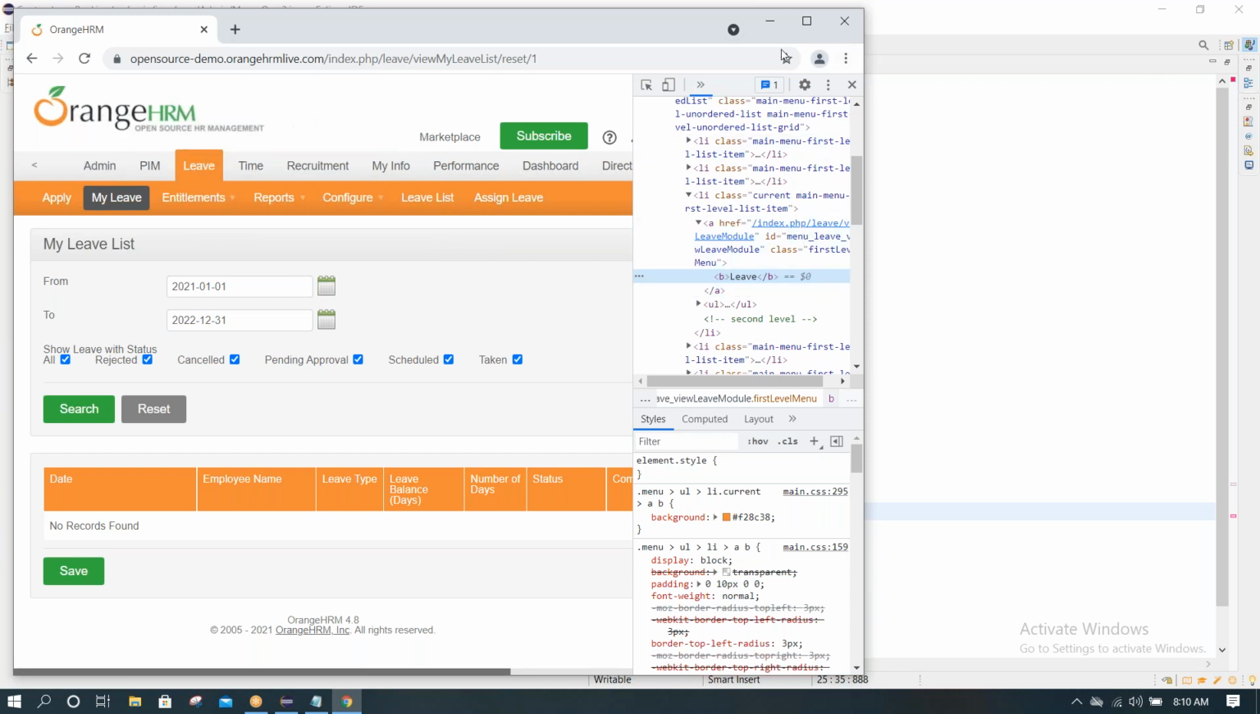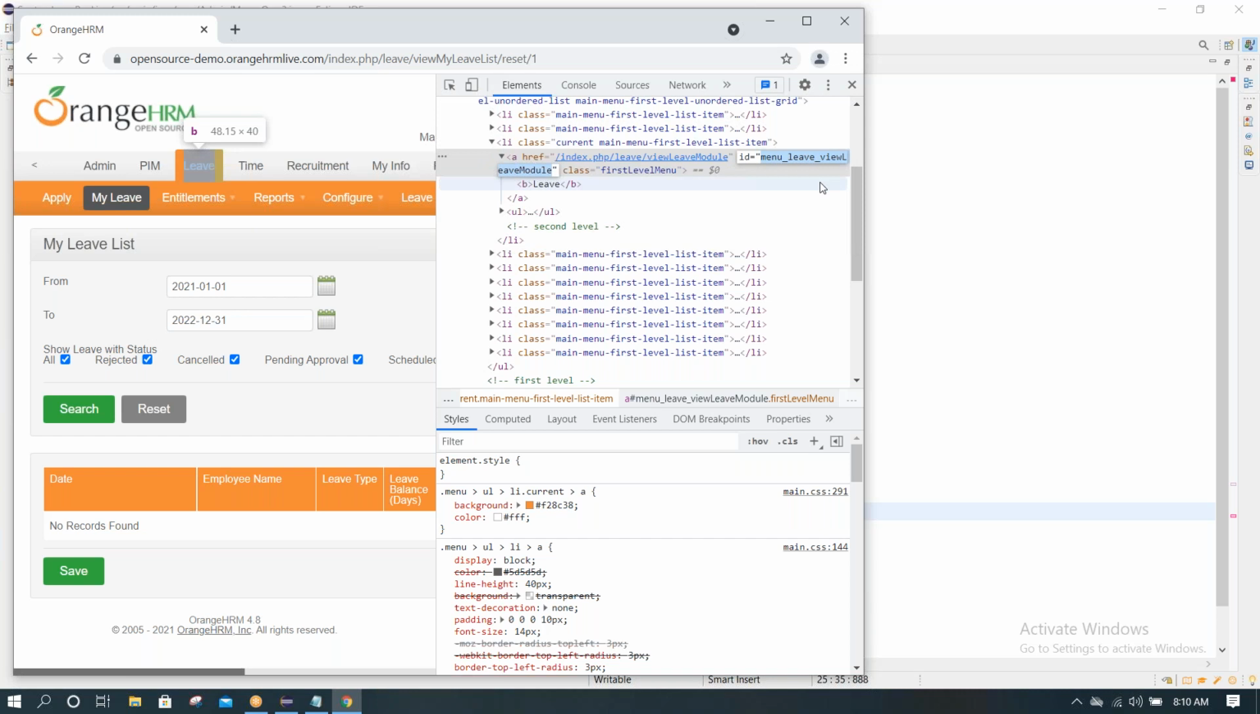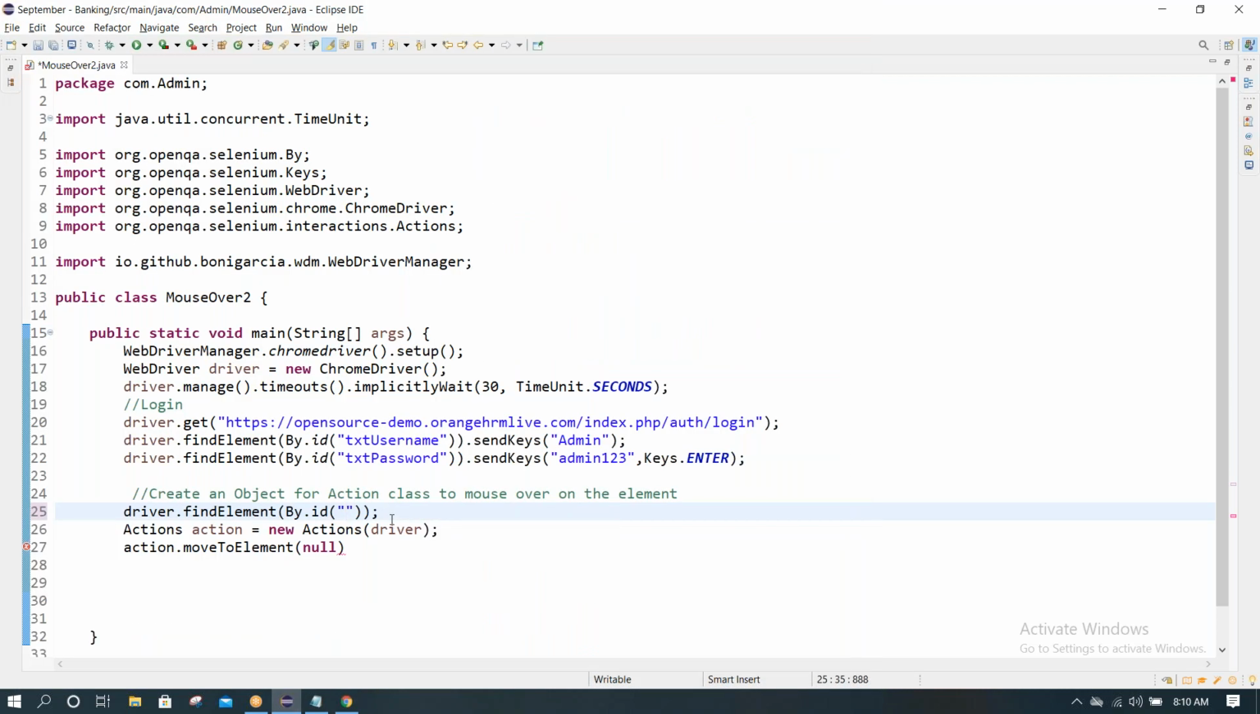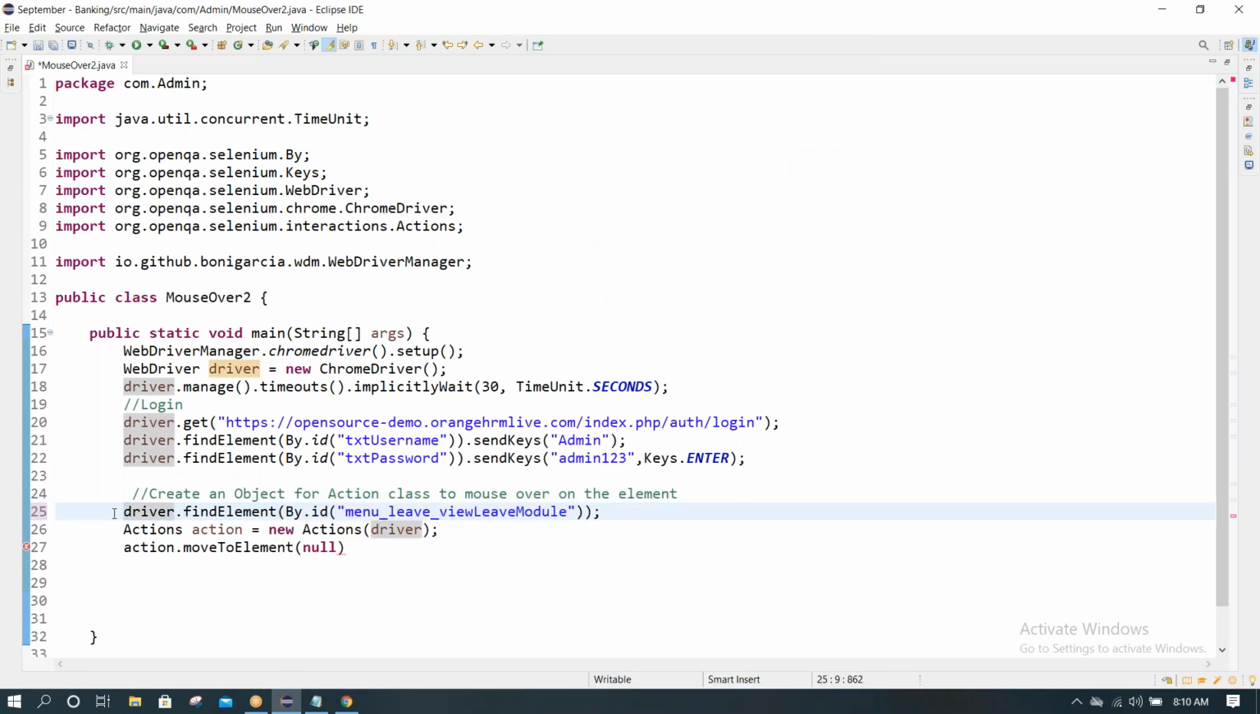Inspect the leave, take the id. It is a label, right? So we just need to take the top actual element attributes, and findElement returns WebElement. So which element? This one, leave